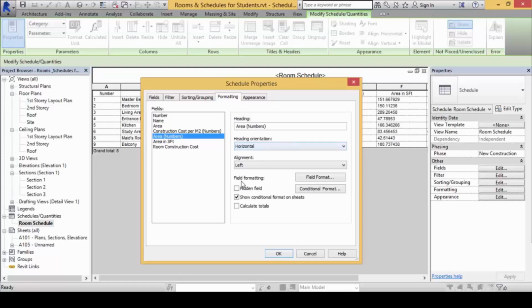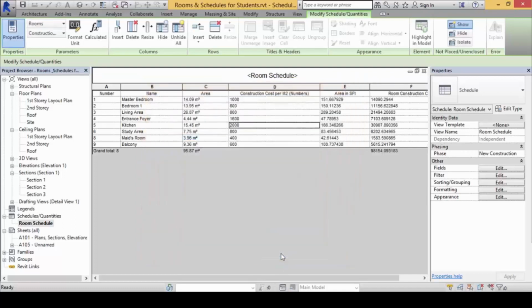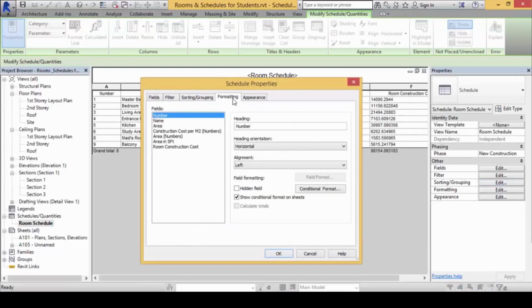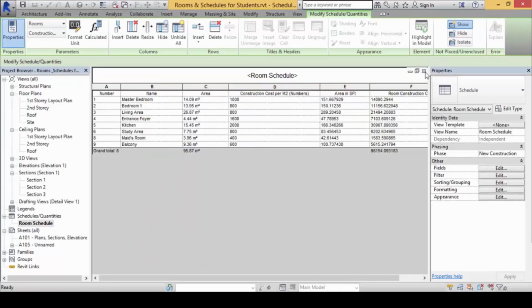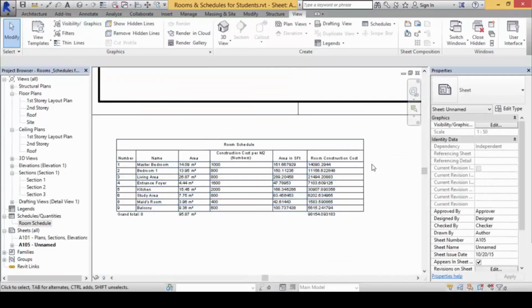So I will click on this particular header, click hidden field and click OK. Now you find that this field is no longer present. Inside the schedule properties, it is still there, but it's not shown. So you now see that the table is smaller.